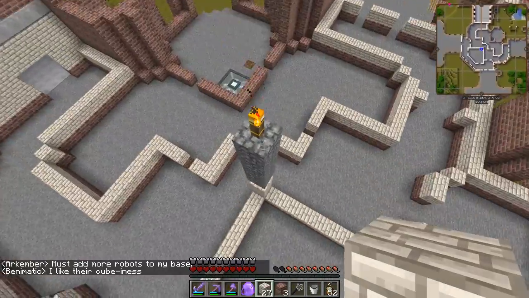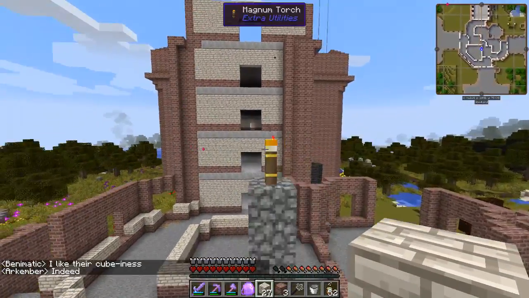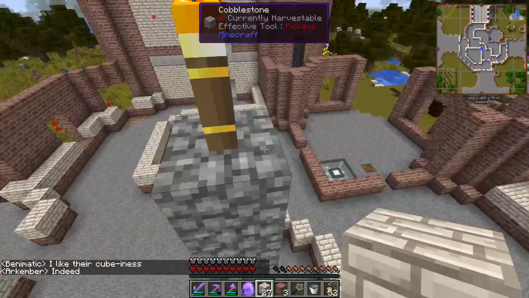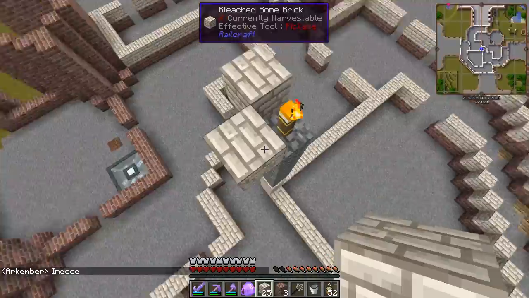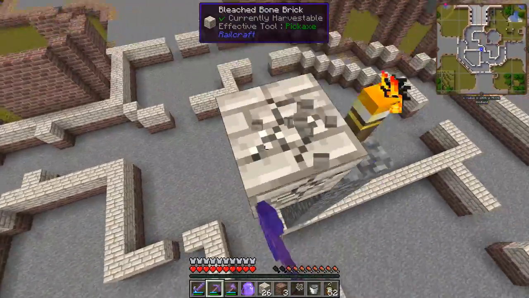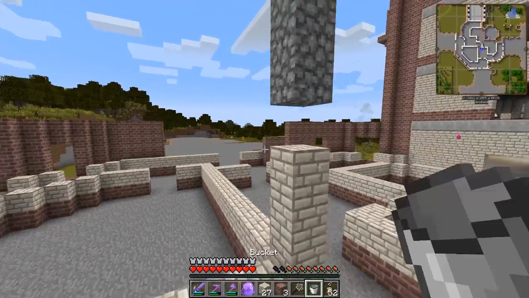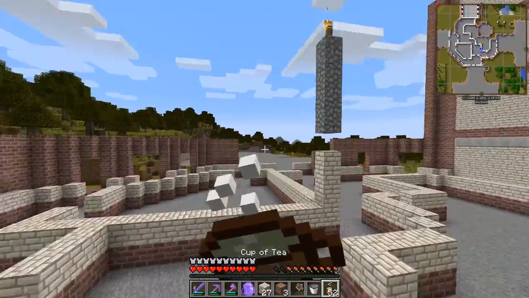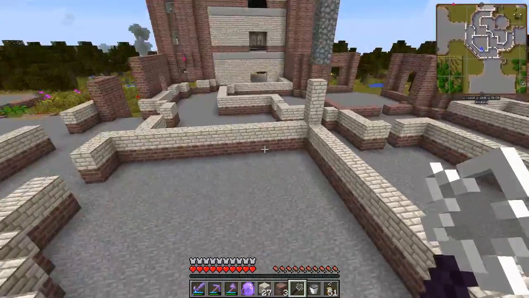As you can see, the magnum torch will be buried somewhere. If that's at floor height, you won't even see it actually, because it'll be surrounded by flooring. And the magnum torch works regardless of vision. It won't provide light when it's blocked, but it will provide spawn-in protection. So